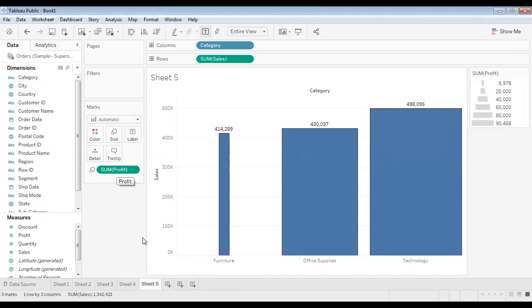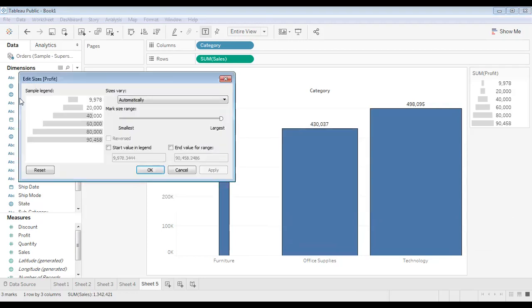So on the right side, in the legend, we have so many categories. What are those, like 9,000, 20,000, 40,000, 60, 80, 90? Actually, Tableau is automatically making a group of that particular field. From the profit, it is creating a group, and on the basis of that group, it is highlighting those categories. If you click here and click on edit size,